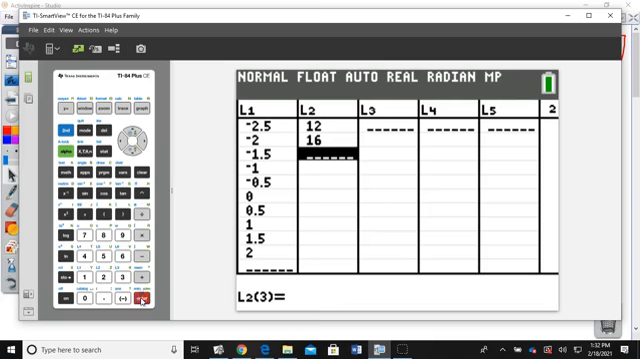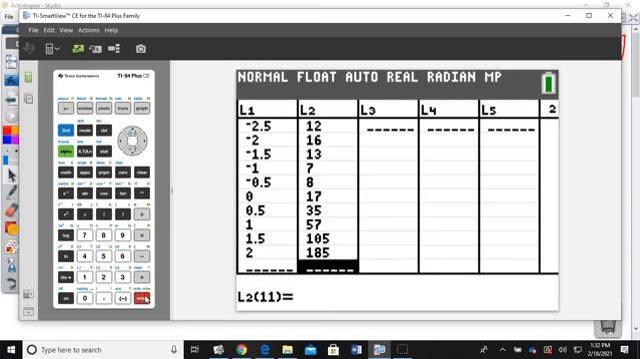16, 13, 7, 8, 17, 35, 57, 105, and 185. All right,